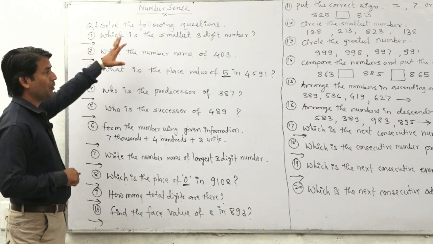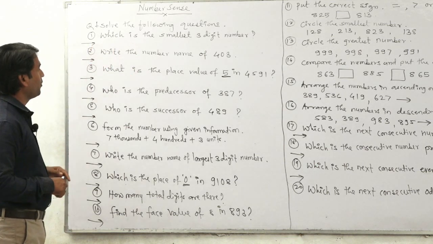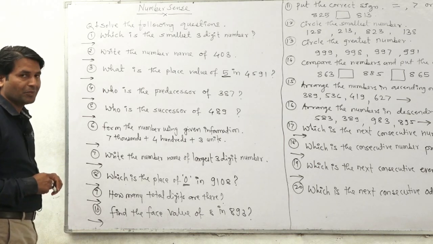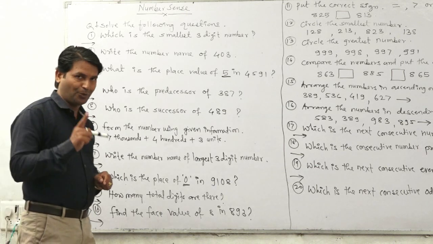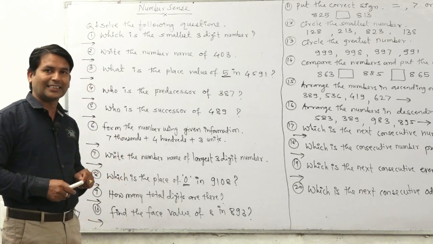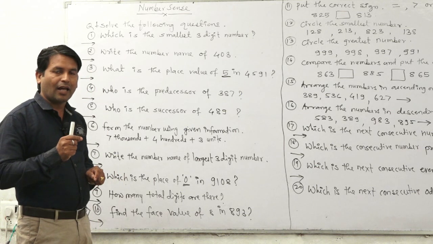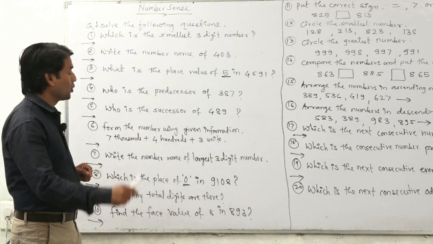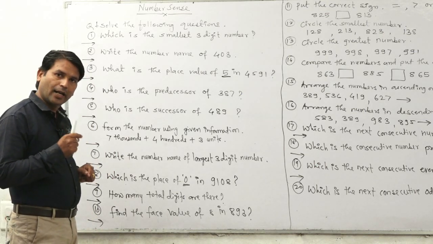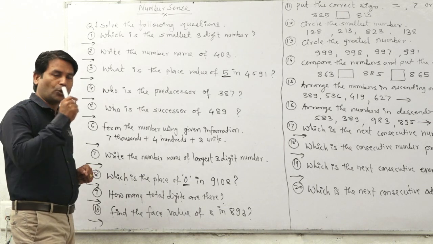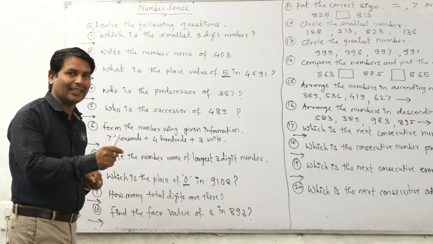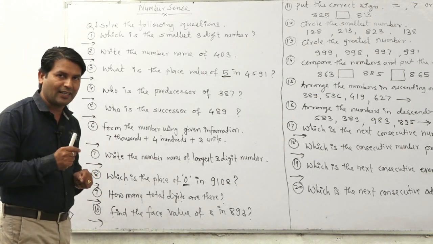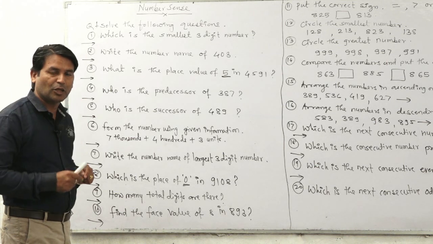The question is, solve the following. The first question for you is, which is the smallest 3-digit number? In the last video I told you about that, okay? The smallest 1-digit number is 1 and the greatest 1-digit number is 9. The smallest 2-digit number is 10. The greatest 2-digit number is 99. The smallest 3-digit number is 100. And the greatest 3-digit number is